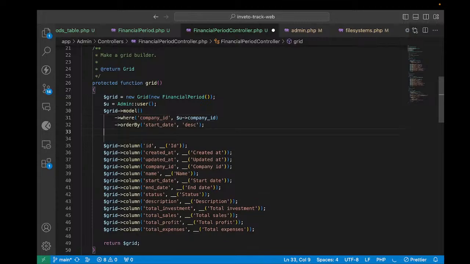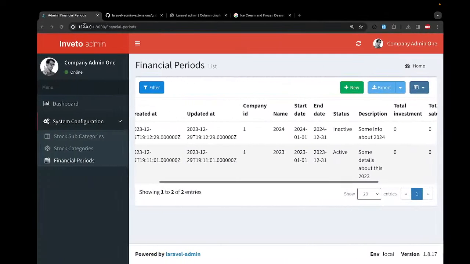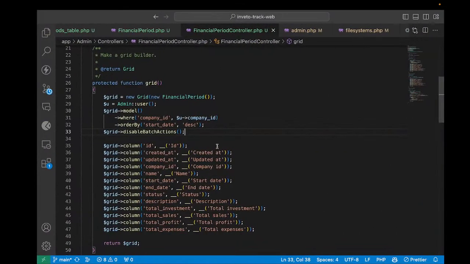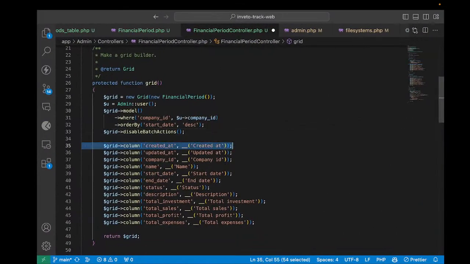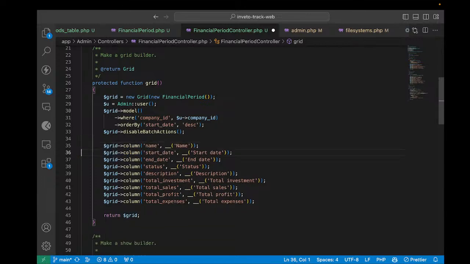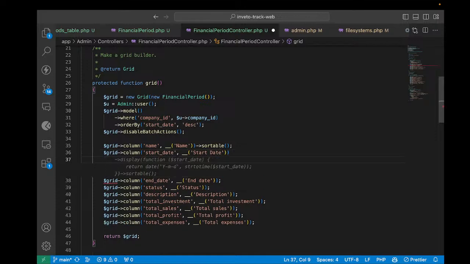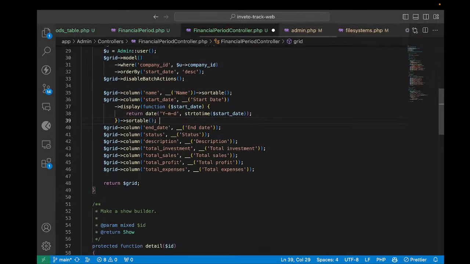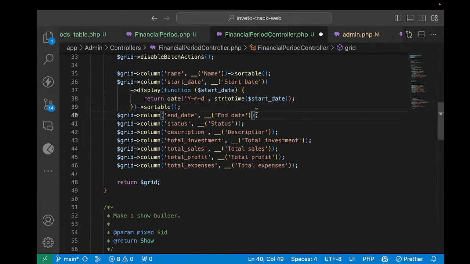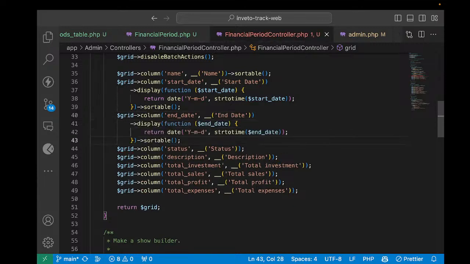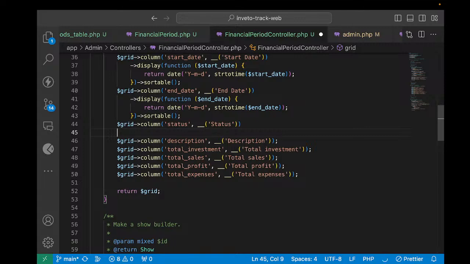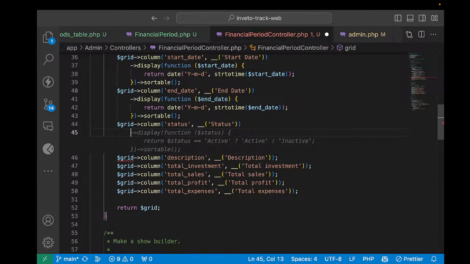Let us disable batch actions. I don't need them. And let's go ahead and remove the IDs of financial years. Let's remove the date when they are created. Okay, let's remove the company. Only we need the financial year name. We make it sortable, and then you put the start date, and then we display a clear start date like this, and then we put the end date when it is ending, and also display and make it sortable, and then we use this status using the label,